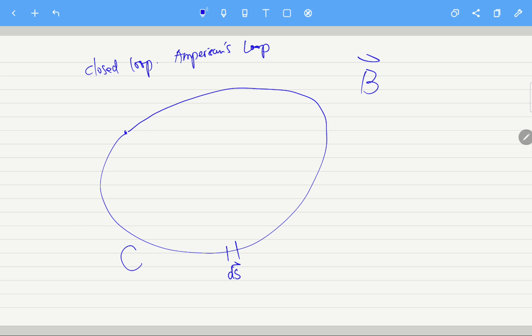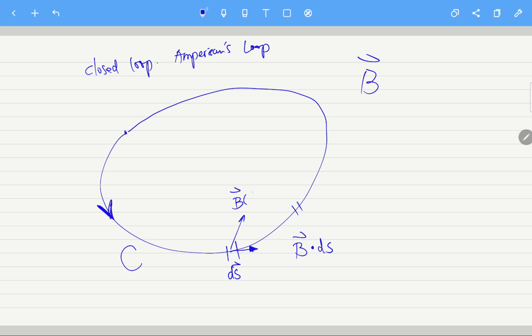So for example, if for this loop we have the direction counterclockwise, and in this case the tangent direction at this point will be the direction of ds. So for every point you will consider maybe B points to design with a magnitude like this. So we will determine for this point we have a B dot ds, and then for other point we have